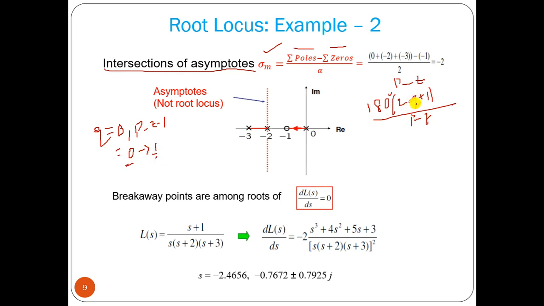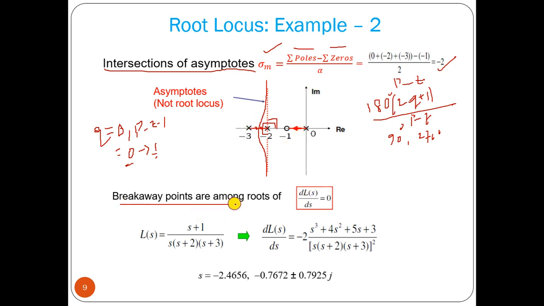If we put q equal to 0 here, it will be 90 degrees. If we put q equal to 1, it will be 270 degrees. Okay, so what we can see, at -2 we have the centroid, and the angle from the real axis is 90 degrees, and another angle is 270 degrees. So from this pole we must have a breakaway point, and it should break away at that point and go along this asymptote to the infinity zero. That will be the total plot.